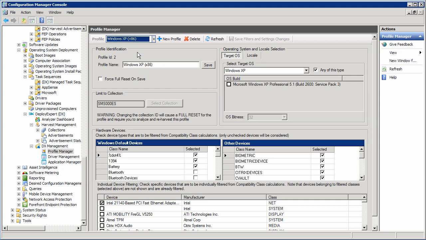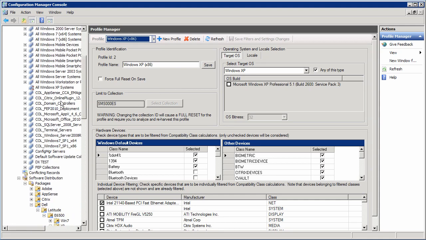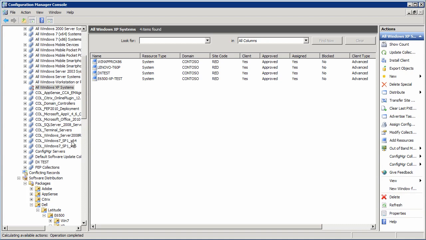And each of these profiles has been limited to or pointed at a collection within SCCM. And this says to the DeployExpert analyzer, only consider systems from this collection when you're performing analytics. And so this represents what I would call the day-to-day driver management and deployment tasks that you'd find in any given organization. So this Windows XP profile is pointed at my Windows XP collection, of which there's 4